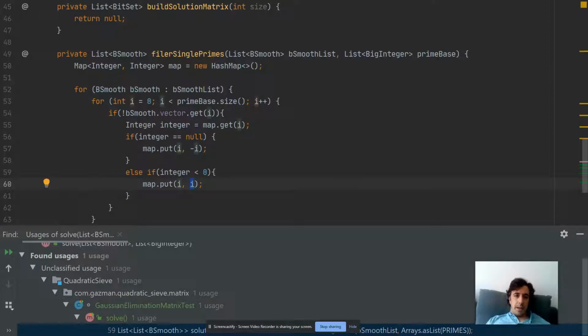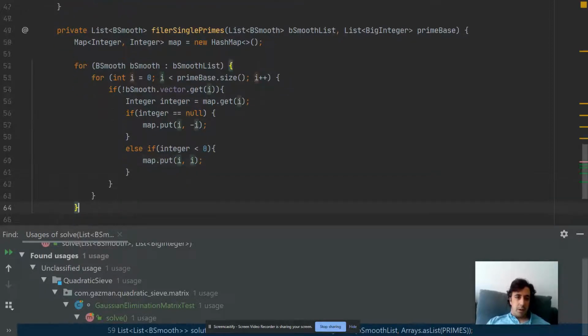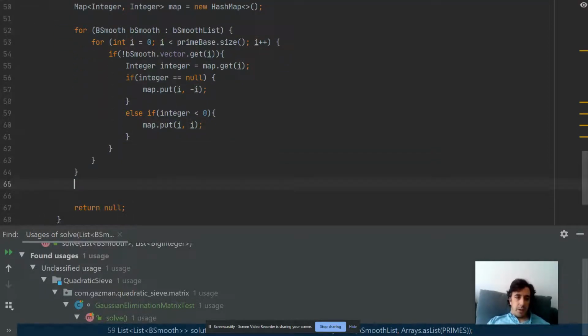It really doesn't matter what that index is because we only care about the negative indexes. And else we don't care, because if it's already positive and there is more than one of those, we simply don't care. So now we can iterate over the map